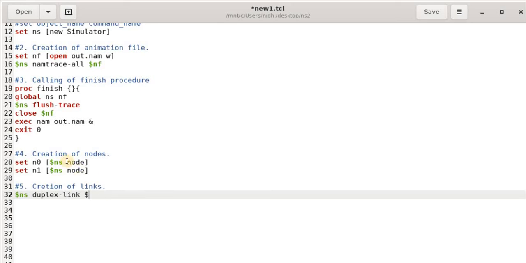So in my case, I am creating two nodes, so I have to generate the link between the two nodes. Because these are objects, and now I am referring to these objects in my further code, I have to take the dollar reference. So $n0 and $n1. Now what are the parameters of this duplex link?